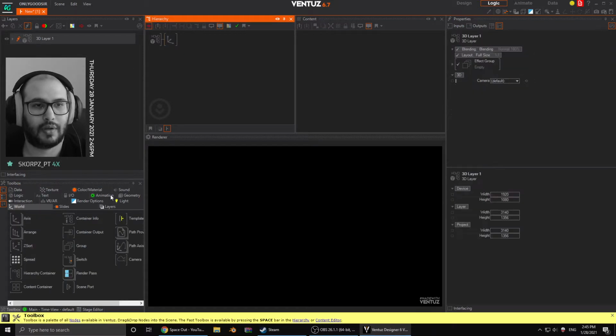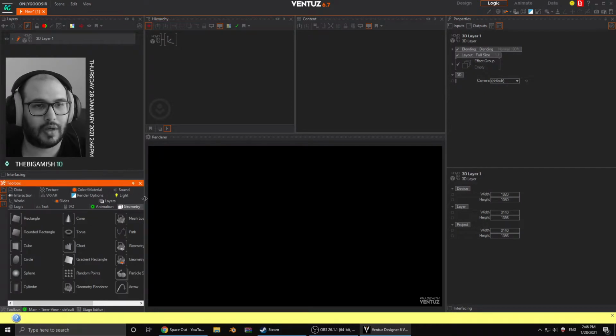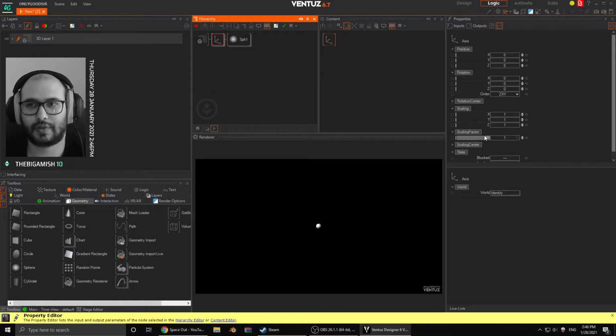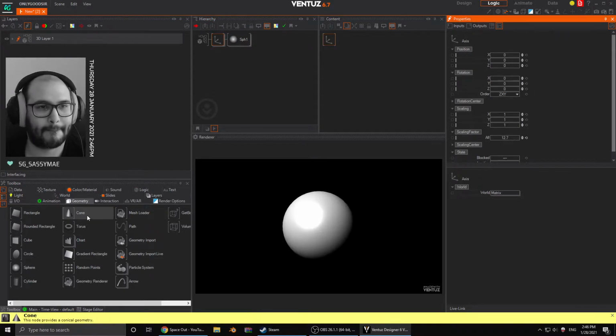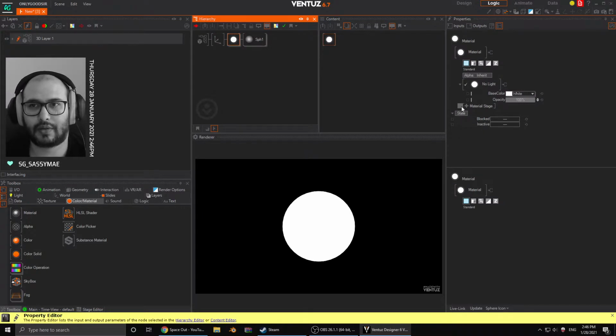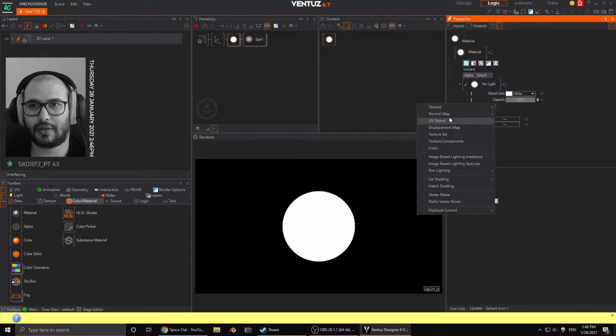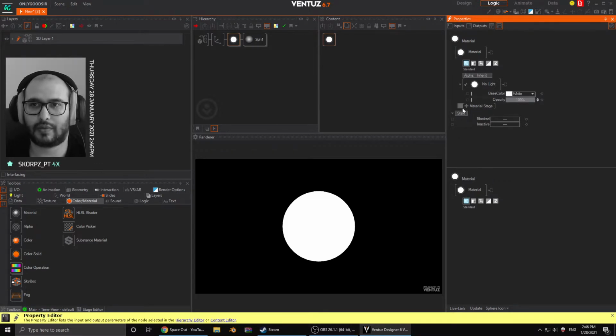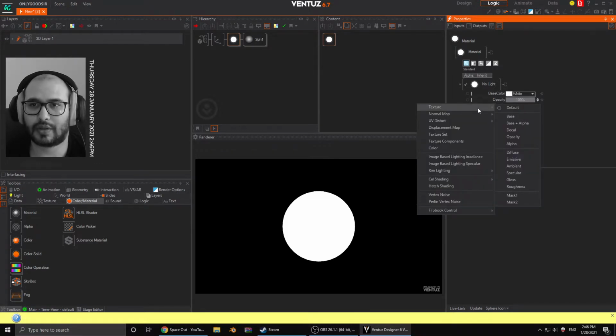So, axis. Let's get a sphere. Scale that up, set the color to solid. Let's go into the material stage editor. Let me make sure I am recording. Texture. We want a base with an alpha,